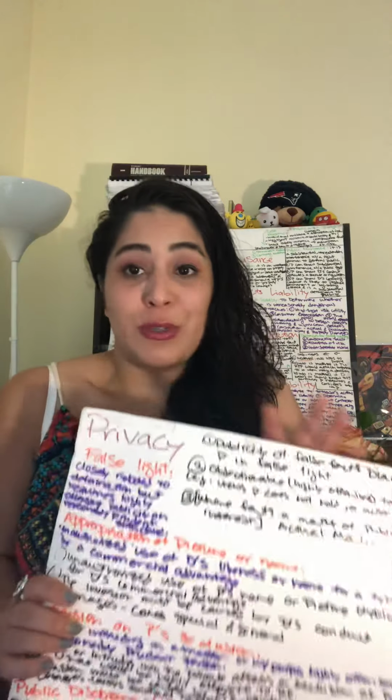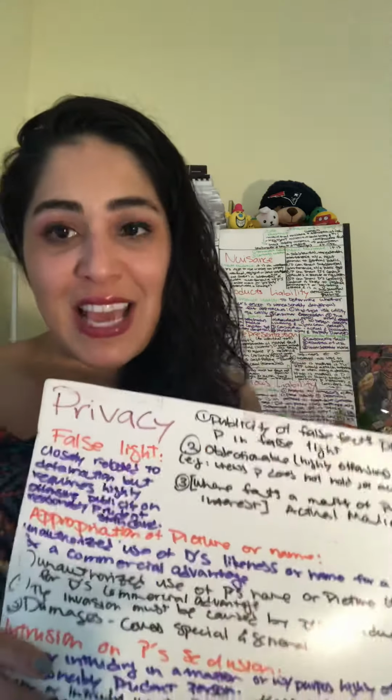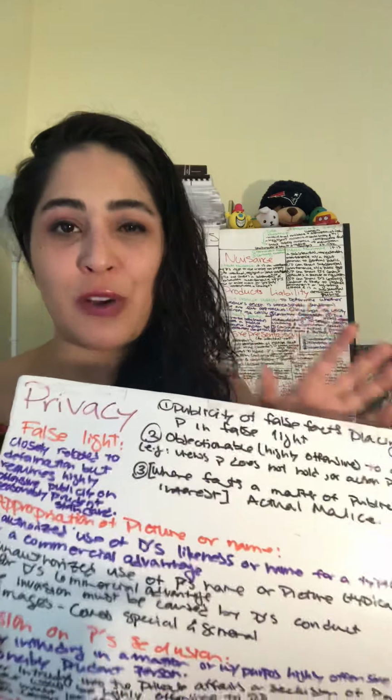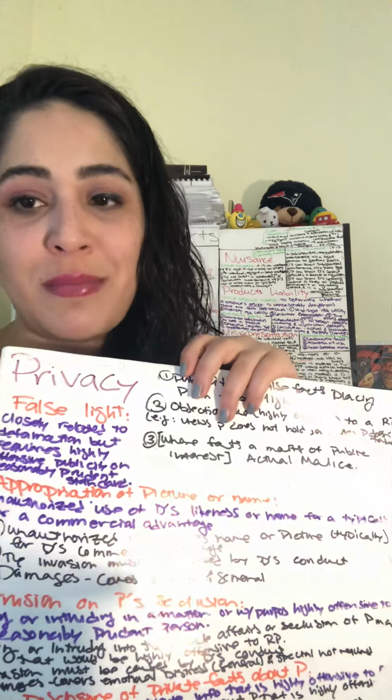I'm going to make a video about defamation, but defamation has so many elements to it, so it might even have to be chopped up into 2 videos, or it might just be one very long 10-minute video. I don't know. But with privacy invasion, I really want to keep it under 7 minutes if I can. We'll see. False light also has some constitutional requirements and limitations, and there are some defenses.